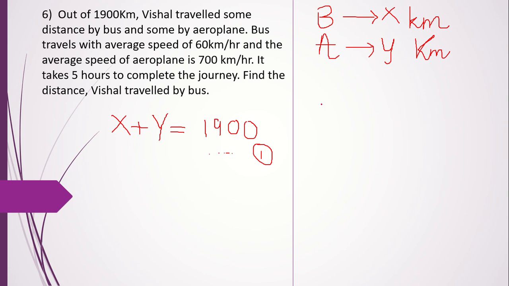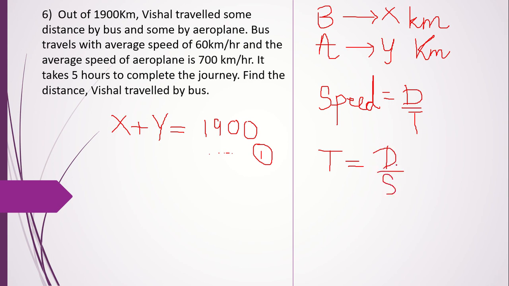Now, while learning science in 9th standard last year, you have learned the definition of speed, right? What is speed? Speed is distance upon time. You also learned about velocity, no? Velocity and speed are the same, but the only thing is velocity is a vector quantity. Speed is a scalar quantity. Velocity will need direction. Speed will not need the direction to be given, right? So we know speed is equal to distance upon time. Therefore, the formula for time can be written as distance upon speed.